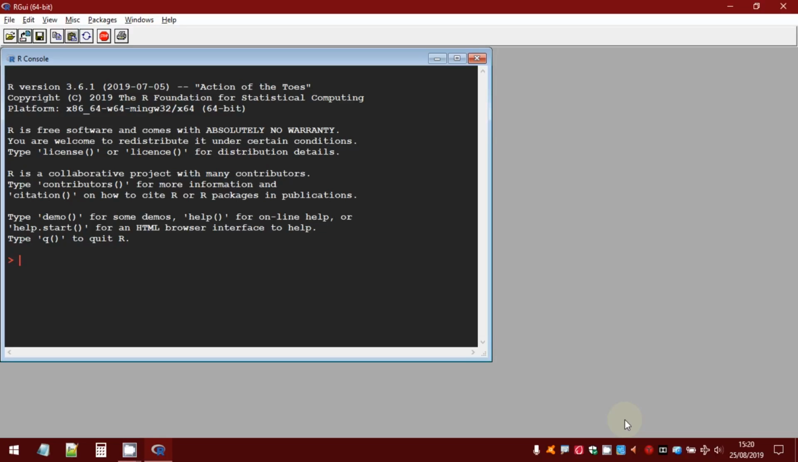Hello, in this tutorial I will show you how to save the workspace image and how to save the command history. Okay, let's suppose that we are at the end of a work session and let's say that we have a list of commands we have used in the R console. For example,